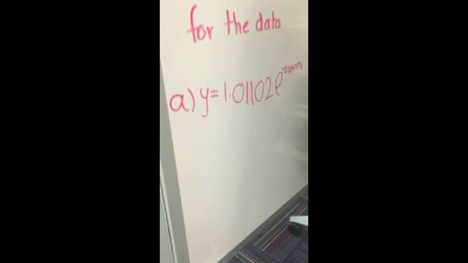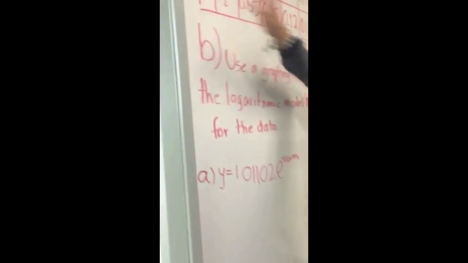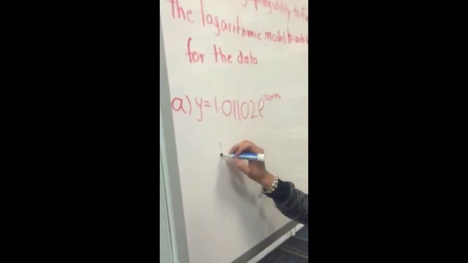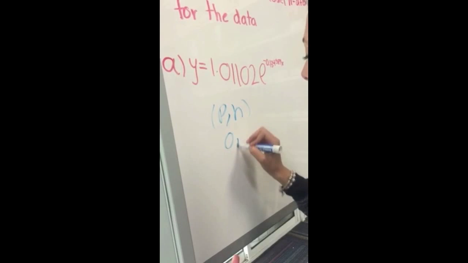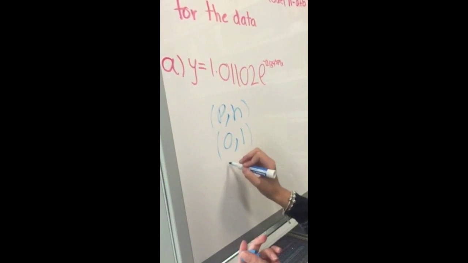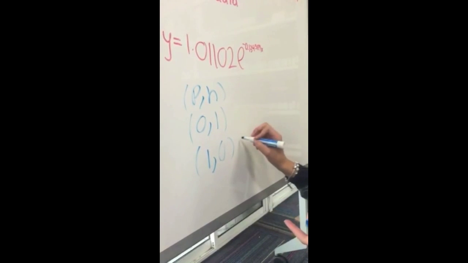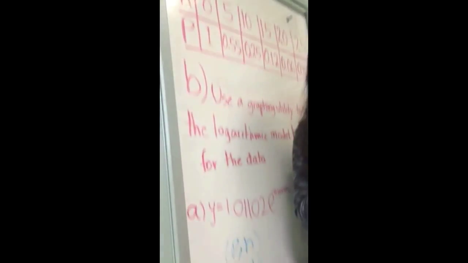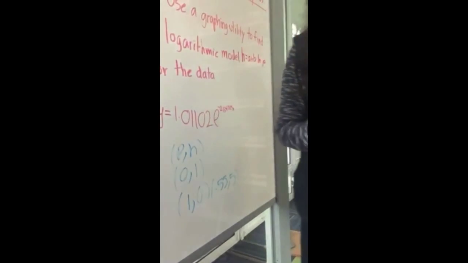But instead of plotting the points in H and P, you will plot them inversely, meaning you will do P comma H. So instead of having 0 comma 1, you will have 1 comma 0. And so the next one will be 0.55 comma 5 and so on. And this way you plot it in the website and it will give you an answer, which is